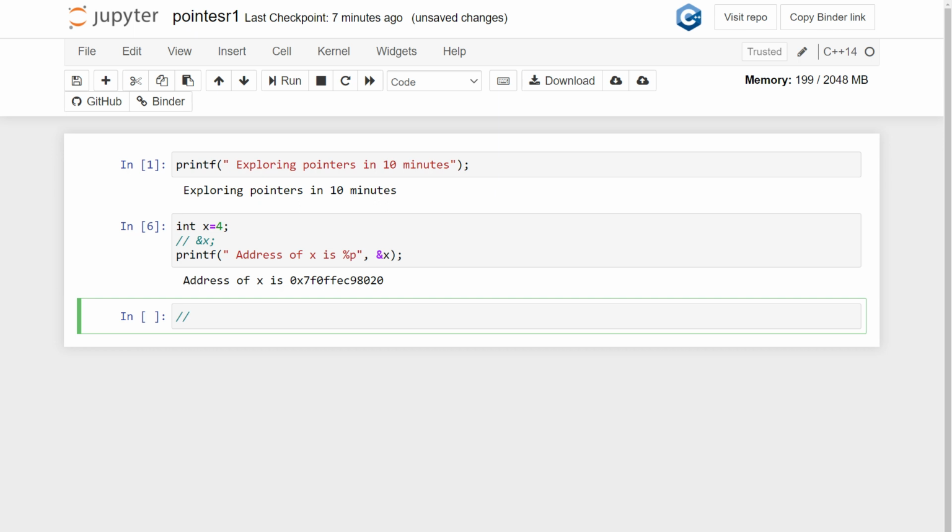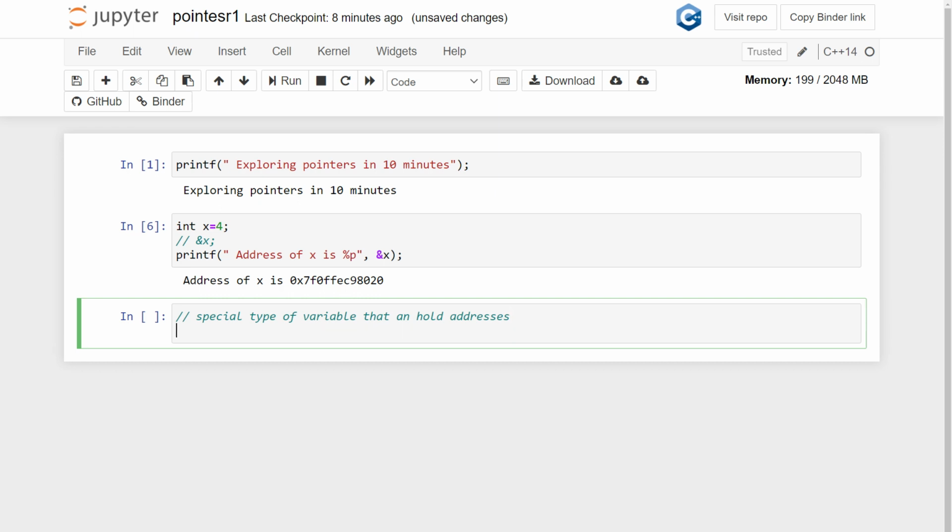It is going to hold the addresses. That's why we call it a special type of variable that holds the address of a particular variable. So from now onwards, we will call a pointer a special type of variable that can hold addresses. So this is the pointer.